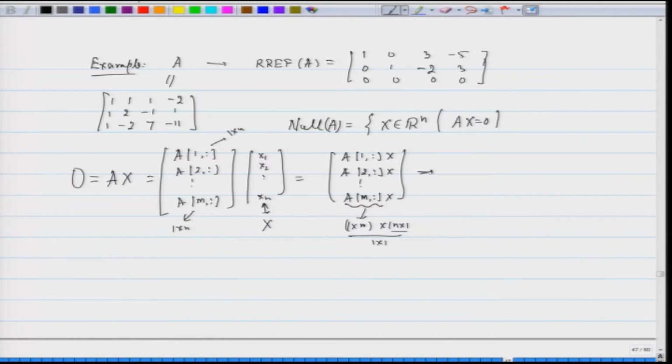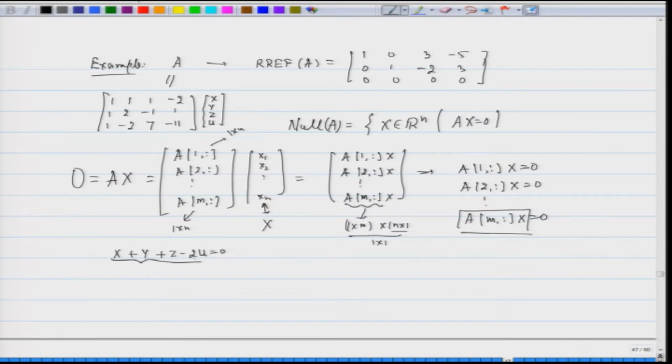So, we are saying that this implies this is 0, this is 0, and this is 0. Fine. So, what are these vectors? Let us try to understand what these vectors are that I am talking of. Fine. So, in general, in this example, if I write x, y, z, u here, then we are looking at the first row as x plus y plus z minus 2u equal to 0. All right. Or in some sense, look at this vector 1, 1, 1, minus 2 and x, y, z, u. I have got these two vectors, and we are looking at what is called the dot product of the